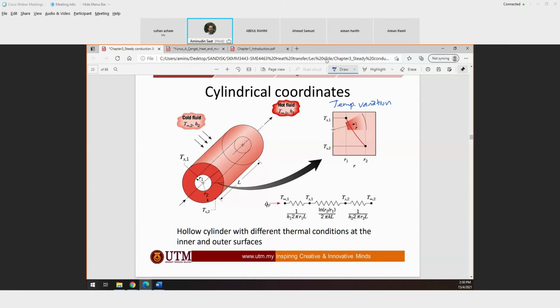So in this case, our focus is on the radius axis, the r axis. So, one dimensional analysis